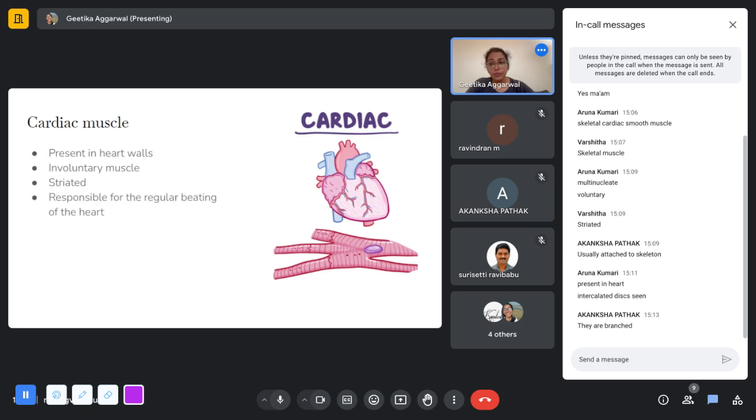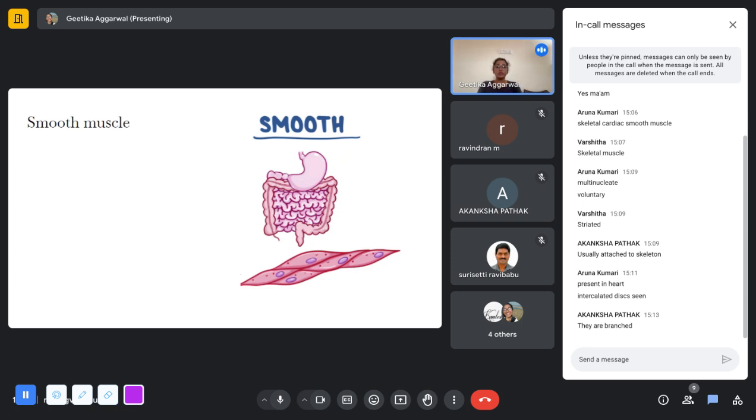cardiac muscles as well. And they're responsible for the regular beating of the heart, and they're responsible for the propulsion of blood in the blood vessels, because it's the heart beating that controls the movement of blood in our blood vessels. And they're controlled by the autonomic nervous system, which means that they are involuntary, they're not controlled by the somatic nervous system. Coming on to the smooth muscles, which is the last category, based on these striations or based on their locations.